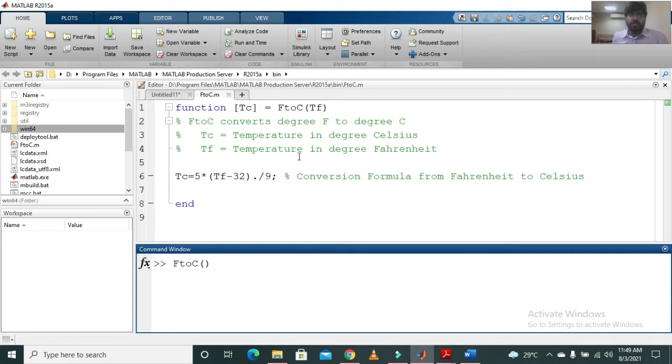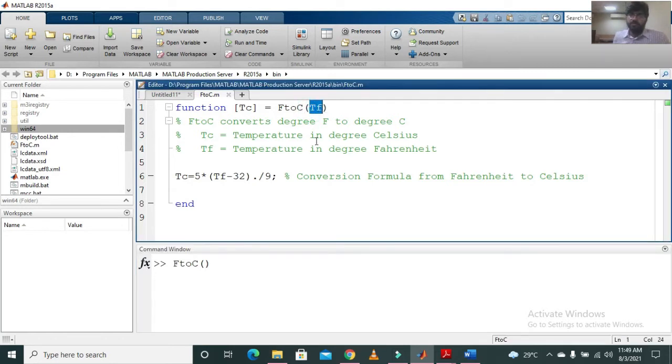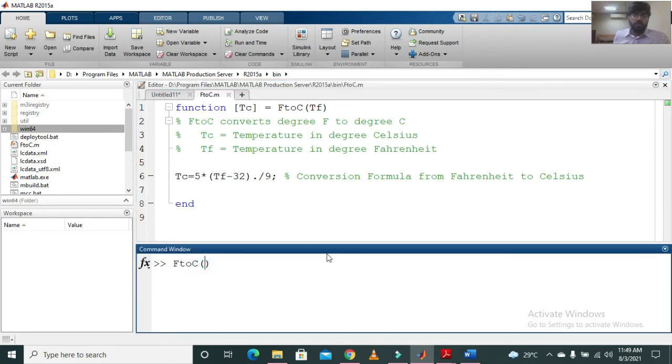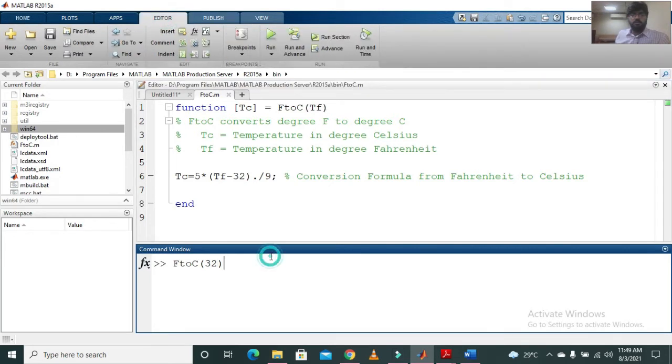Here you can see that we have only one input argument, which is the temperature in Fahrenheit. So I'm just going to enter the temperature, let's say 32 degree Fahrenheit. When I run this, you can see that my answer is equal to 0, meaning that the temperature is 0 degrees Celsius.